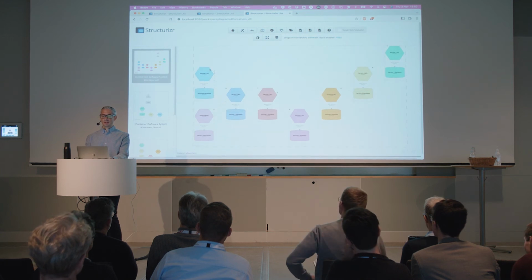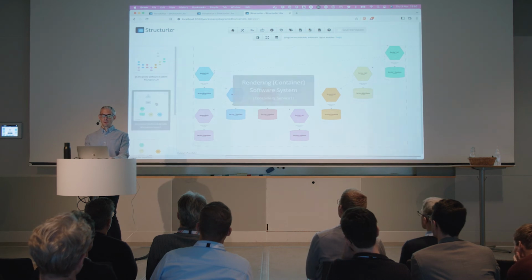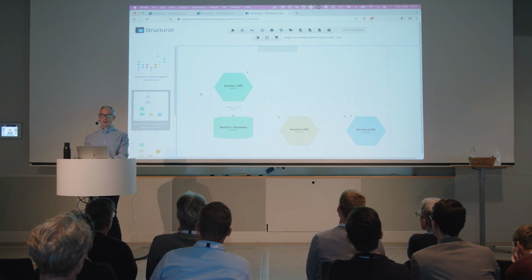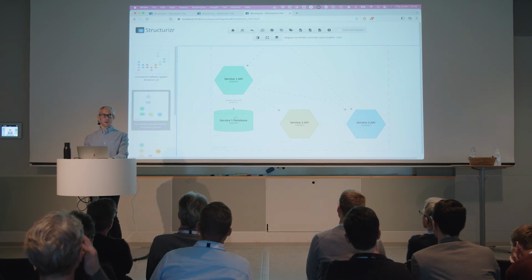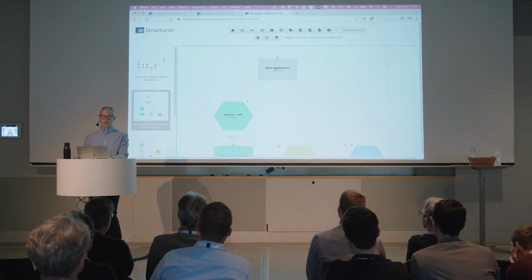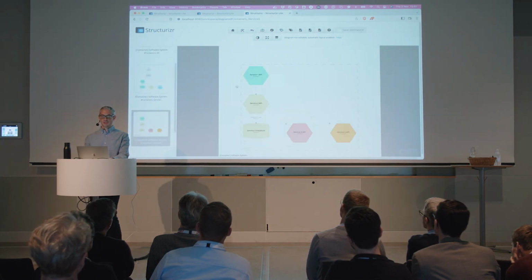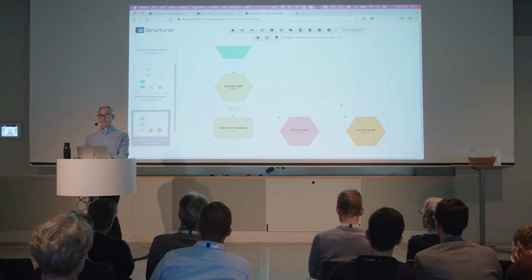One approach is, rather than showing one diagram with all services, you draw a bunch of diagrams, each focusing on a single service. So here is a subset of that previous picture I've just shown you, focused in and around service 1 only. So this is showing you things coming into service 1 and things coming out of service 1. We create the same thing for service 2. So here's service 2, here's things coming into service 2 and things coming out of service 2.